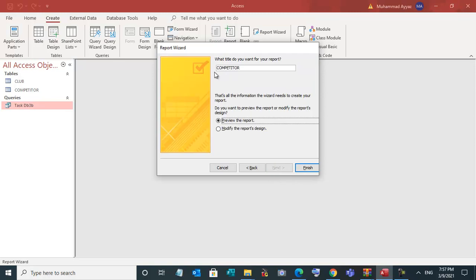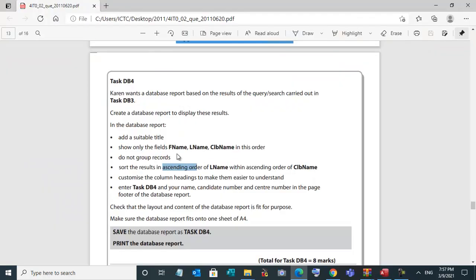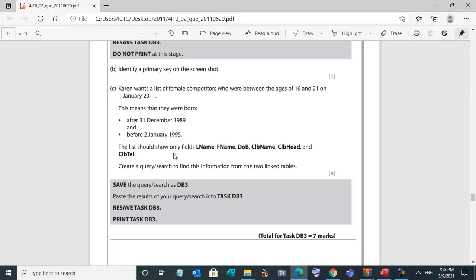Okay, so what should be the title? That is very, very important. So see in task DB3, this one. Karen wants a list of female competitors who were between the ages of 16 and 21. This is the title.